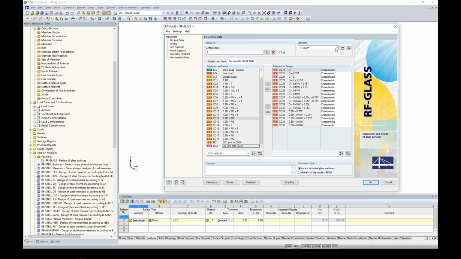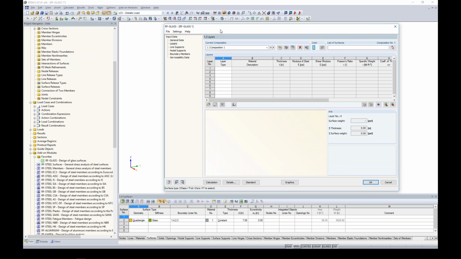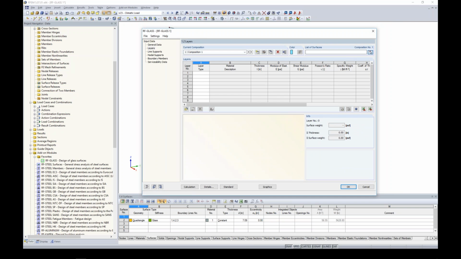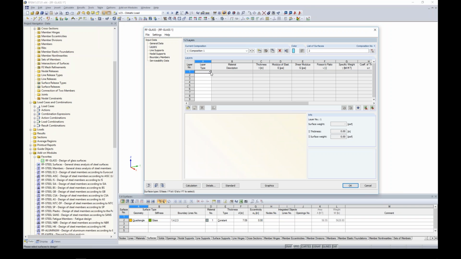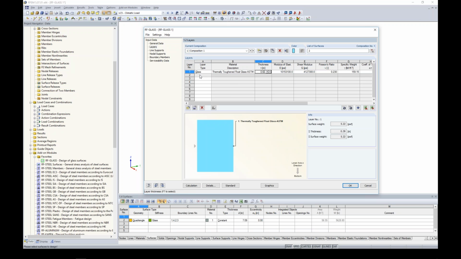We are still going to stick with the German none here for our standard, and the calculation type will be local. Again, this is another local design, but you'll see here under layers that we want to first choose our surface. Nothing new here. Now our first layer type will be glass. The program remembers the ASTM. This time I want a thickness of 0.6, and then I want to create my next